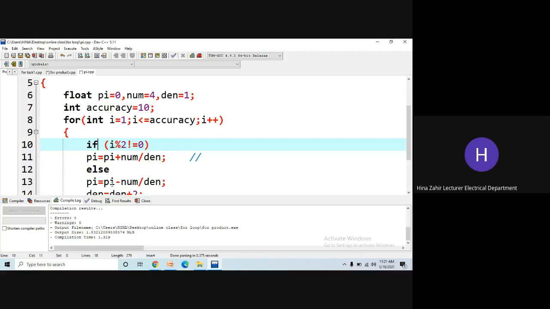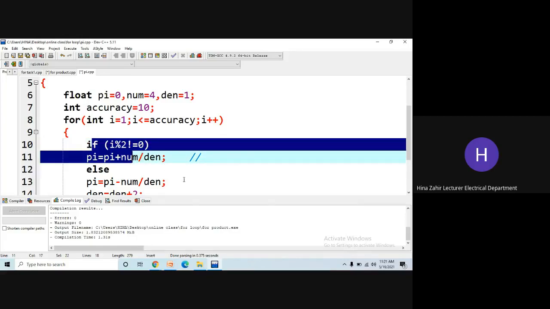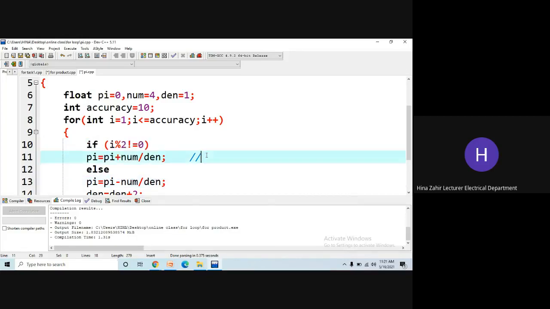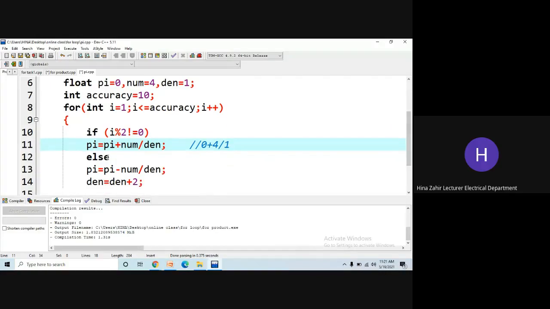So when I is 1, 1 is odd, so this is true and will be executed, else will not be executed. So when this is executed, pi is equal to pi plus numerator by denominator. So what is the value of pi? 0 plus, what is numerator? 4 divided by denominator. The value of denominator is 1. Okay, that's it. And else won't be executed if this is executed.